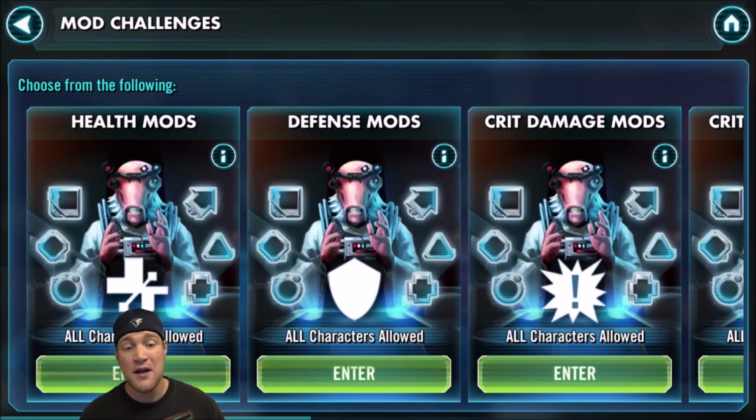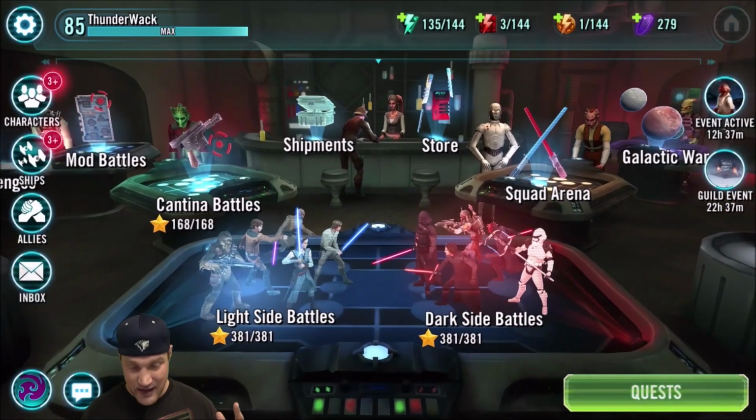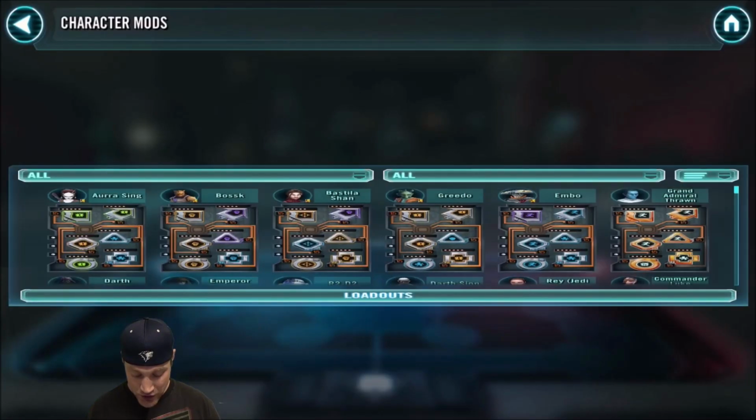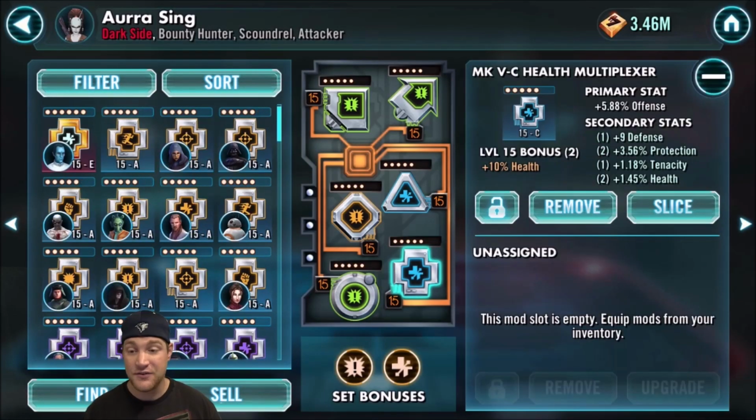And right now, man, if you are struggling with what to do, I would definitely suggest farming the health mods. They're simple to farm, and not only that, we'll go in here and I'll show you what you can effectively do when you double these mods now. When you put a health set on somebody,